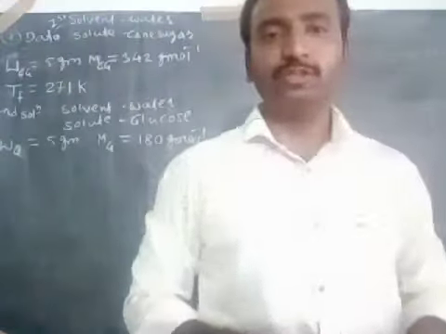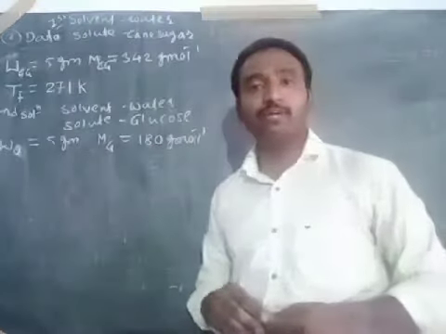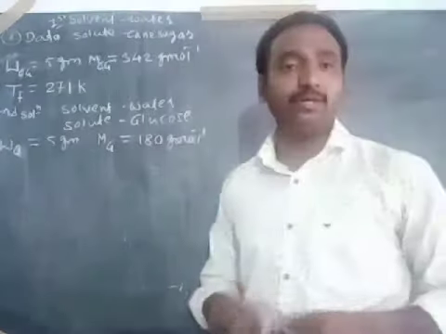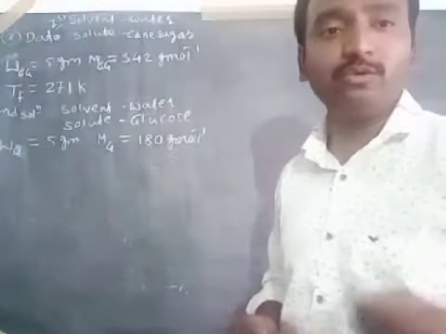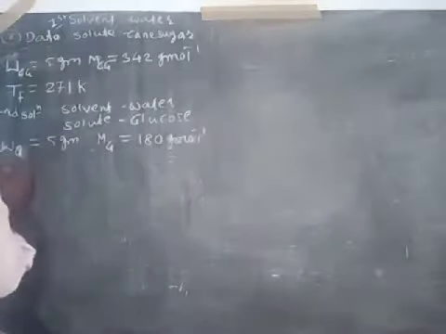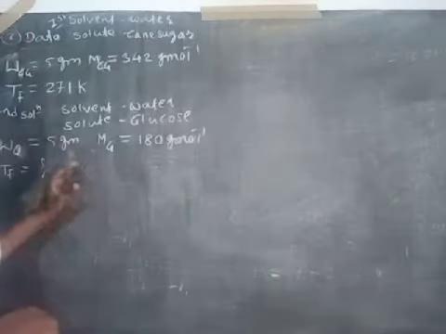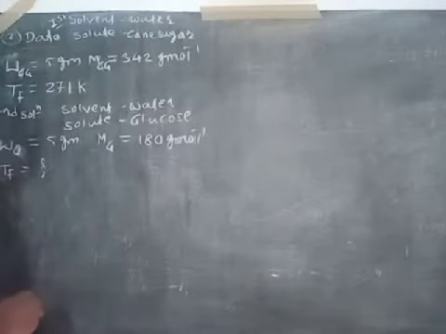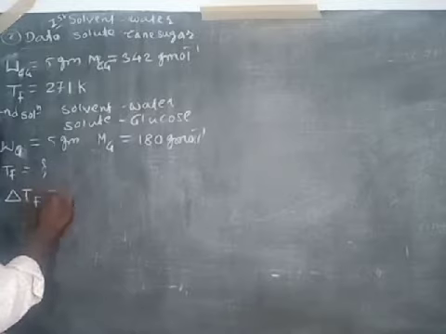Here the molar mass of the glucose is not given, but you can calculate it from its formula, because glucose has the formula C6H12O6, and from that molecular formula the molar mass will be 180 gram per mole. These are the given values, and from these values we are going to calculate the freezing point of the second solution, that is TF is equal to what. To calculate it we will use one relation, that is delta TF is equal to